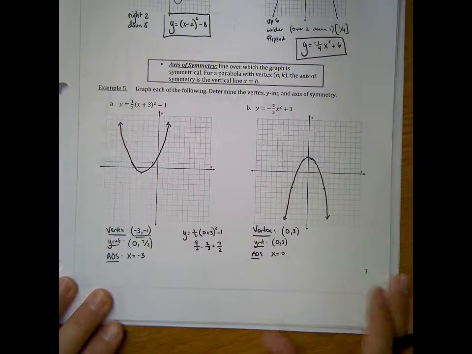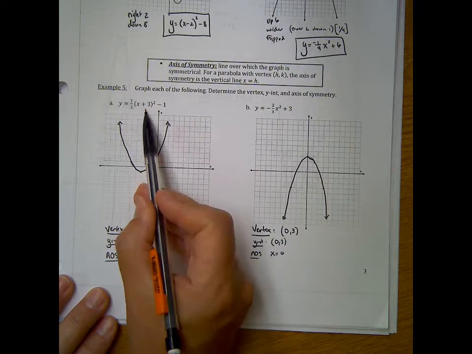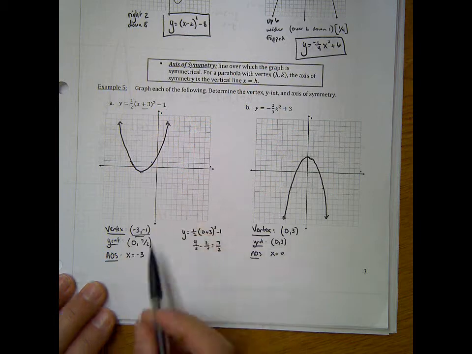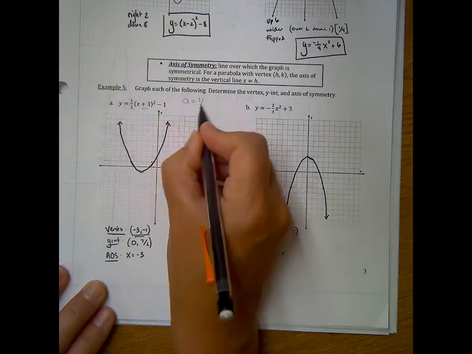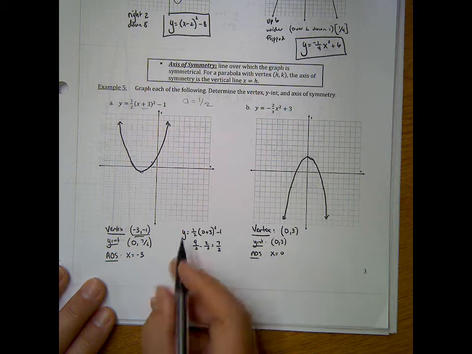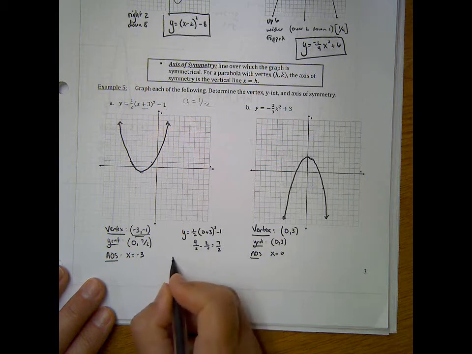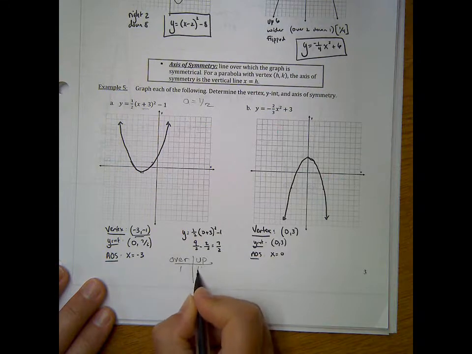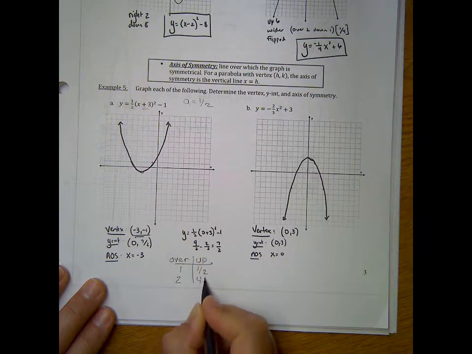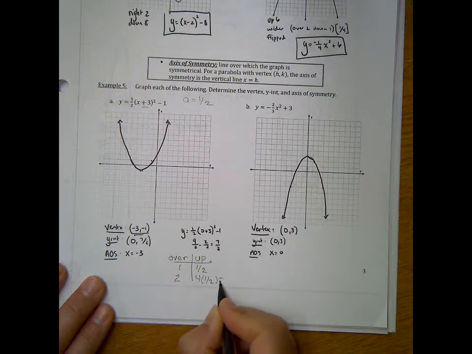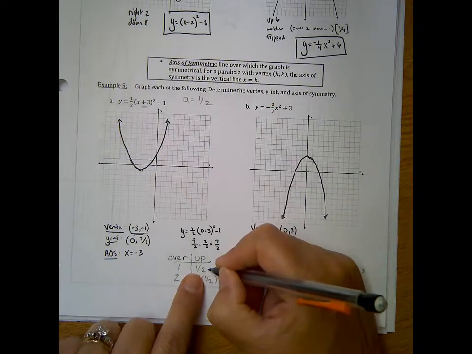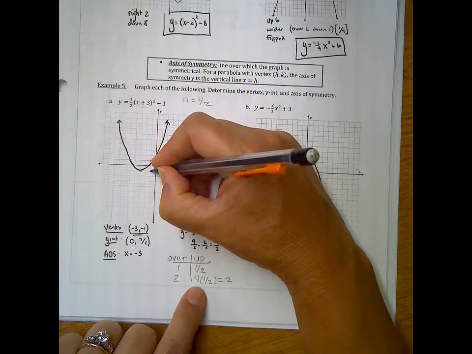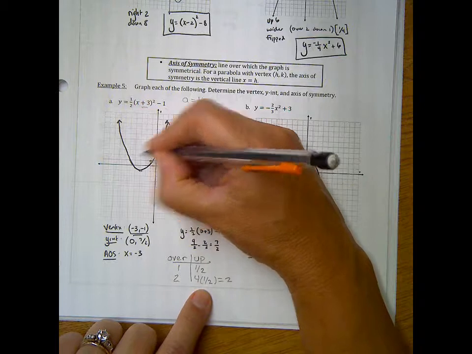Okay, so here are these. For the first one, the vertex was -3, opposite sign, -1. So I went to -3, -1. Our a value was 1/2. And so if I went over and up, over 1 up a, which is 1/2, over 2 up 4 times a, and 4 times 1/2 is 2. So I didn't use that first point because it's just a fraction. So let's use the second point. Over 2 up 4 times 1/2, which would be up 2,